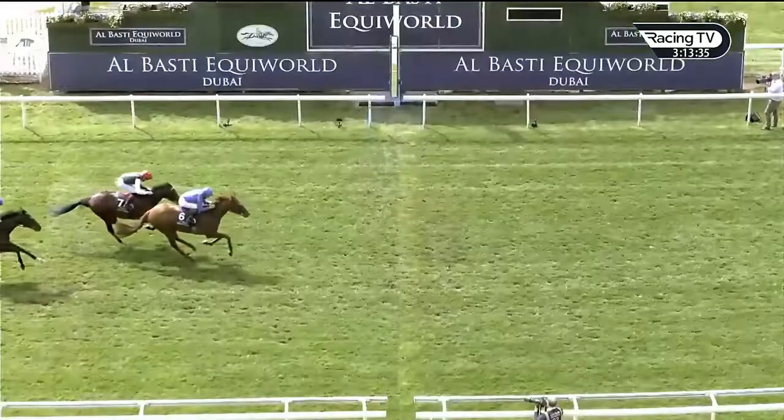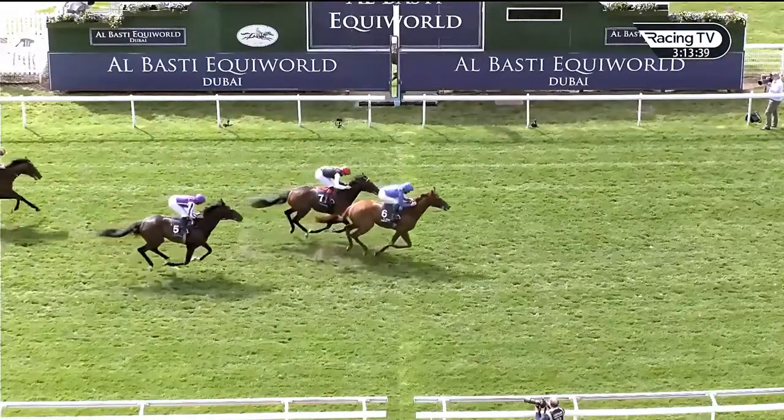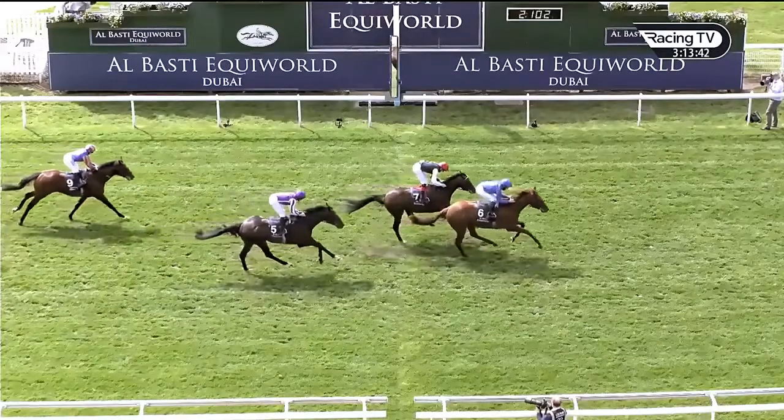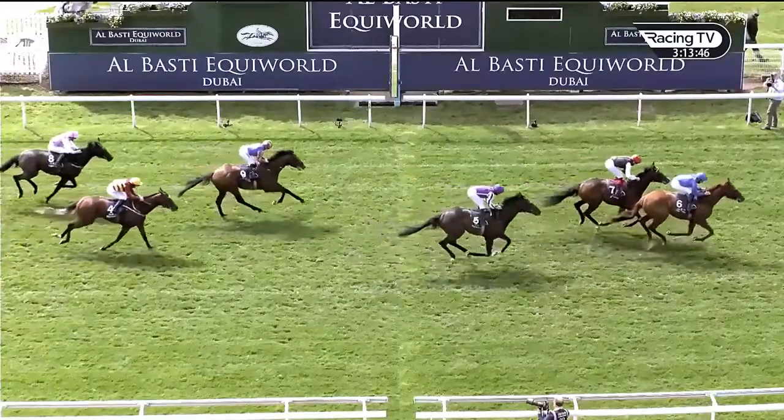This colt by Frankel remains unbeaten. Charlie Appleby trained, William Buick rode. He was keen to attend the pace set by Holly Doyle, but he couldn't live with that pace when she quickened it turning for home. And in the end, as the pace setter...